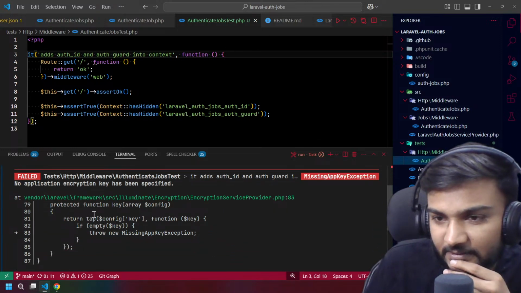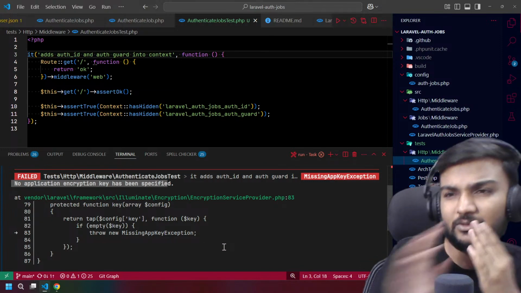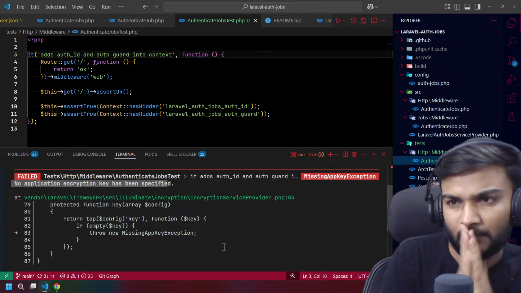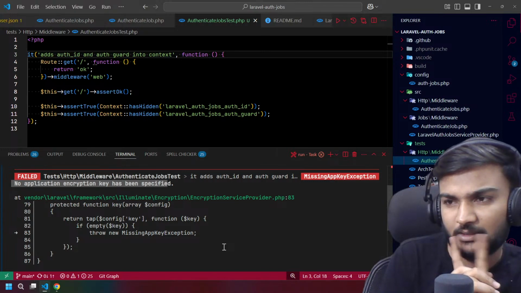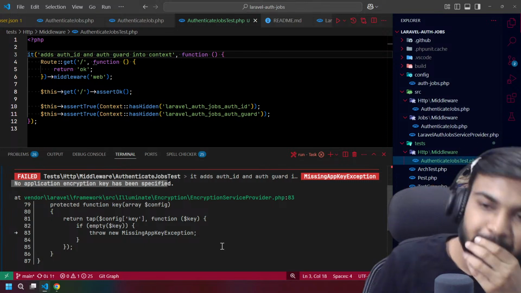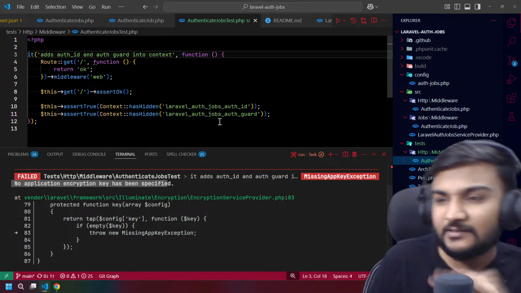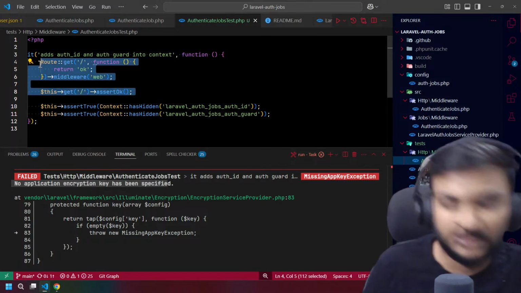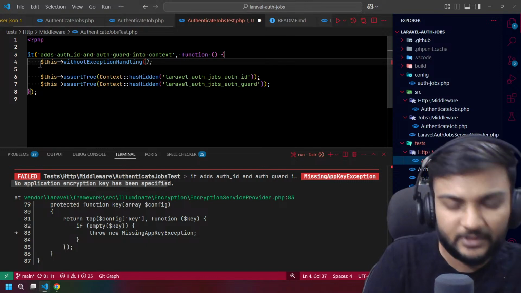What it is saying: no encryption key has been specified. Wow. So huh. Okay. So it is something like, let's do it in another way. No, I don't want to do that. So I think what we can do is